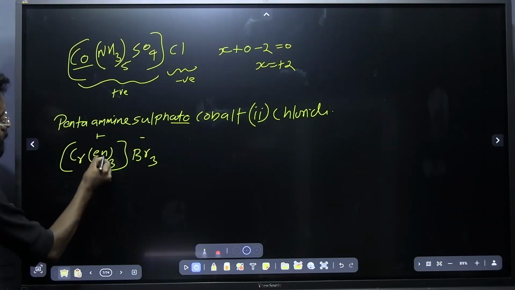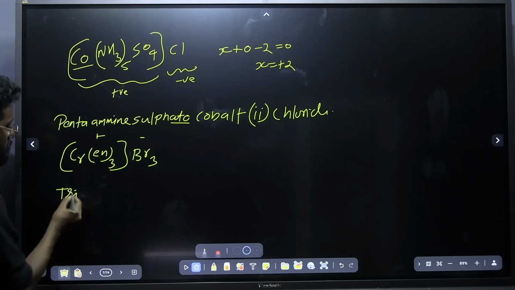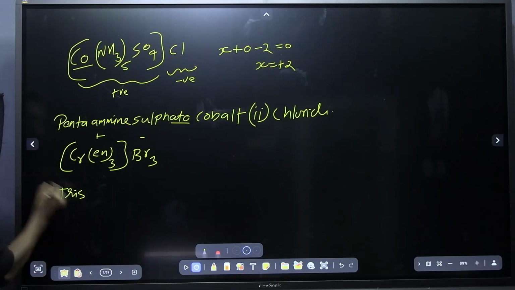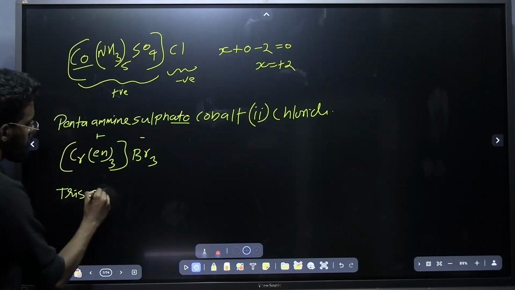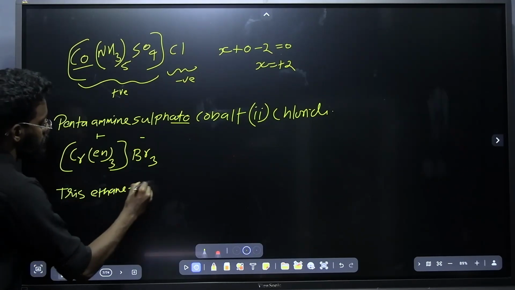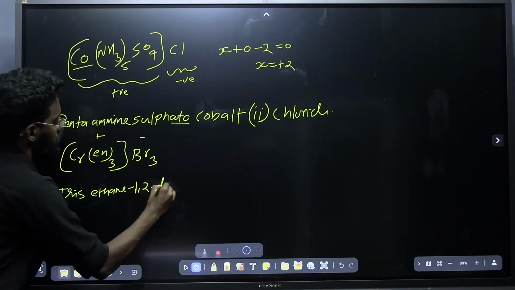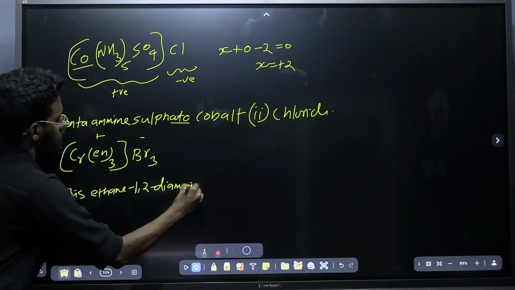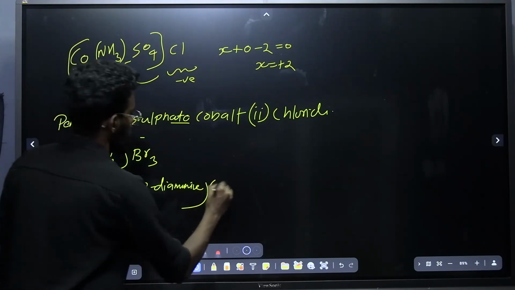So how many ethylene diamines are there? 3 ethylene diamines are there. So I will be using tris to represent the number of ethylene diamine. Then tris(ethane-1,2-diamine), then